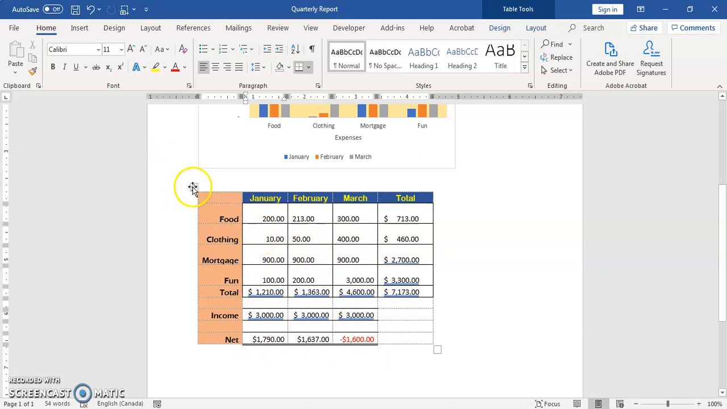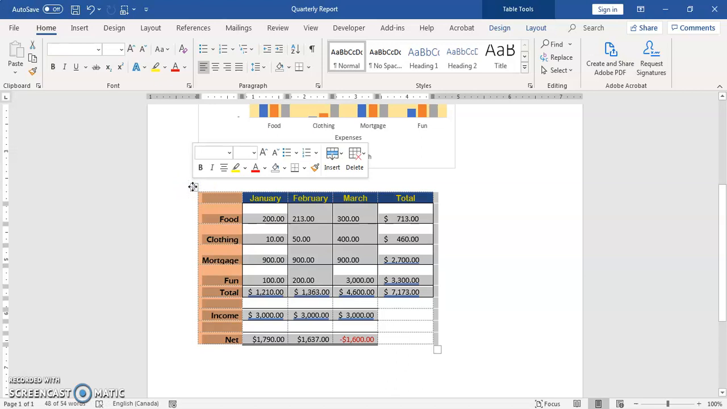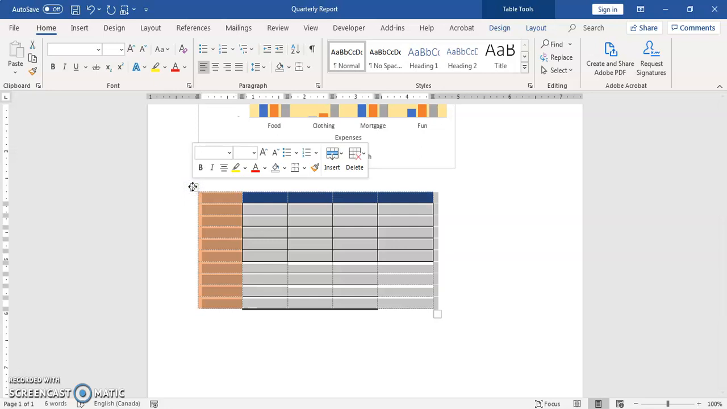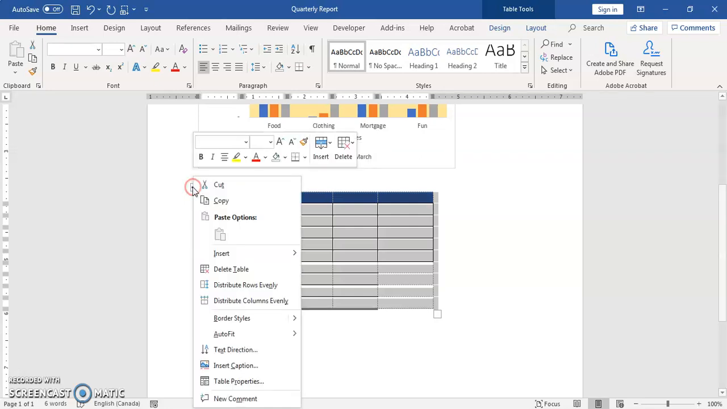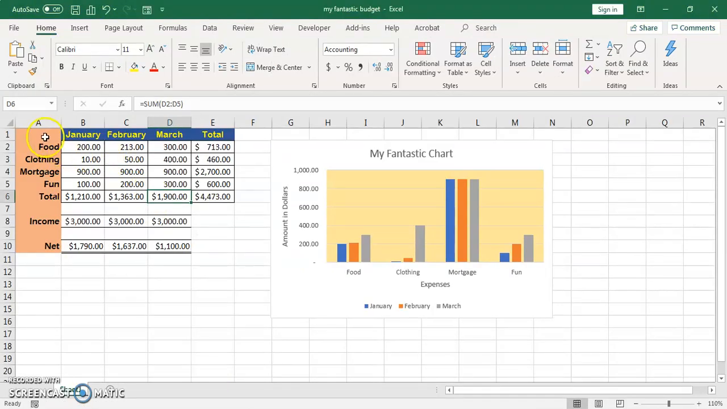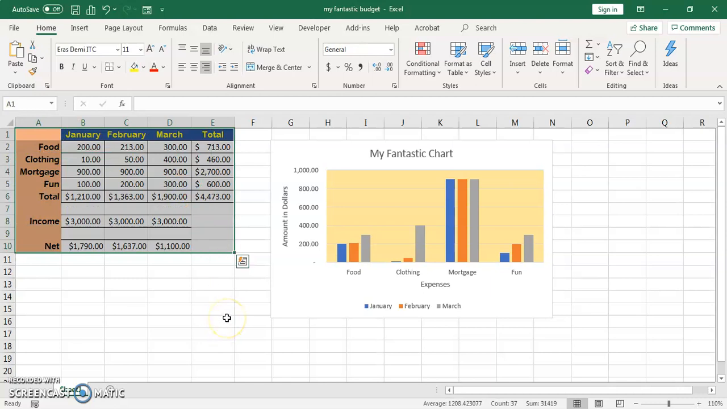I'm going to come back here. I'm going to highlight this table and I'll just tap my delete key. And in fact, if that doesn't do it, I'll highlight it again. And in fact, what I'm going to do is I'm going to right click on this and I'm just going to cut it out of here. This time I'm going to go back to the database. I'm going to highlight the table one more time and I'm going to copy it. I will come back to Word,